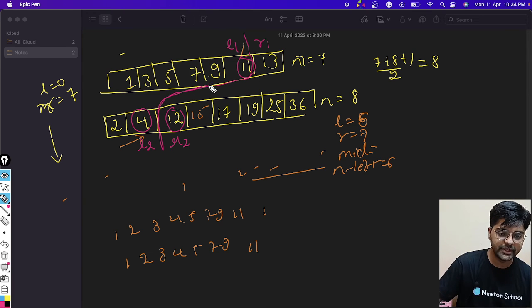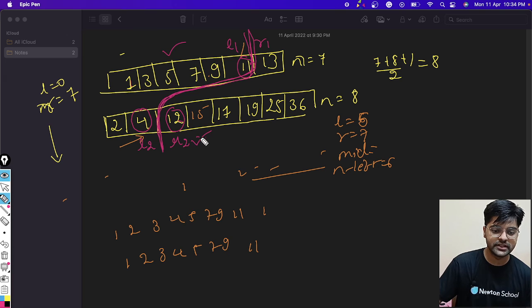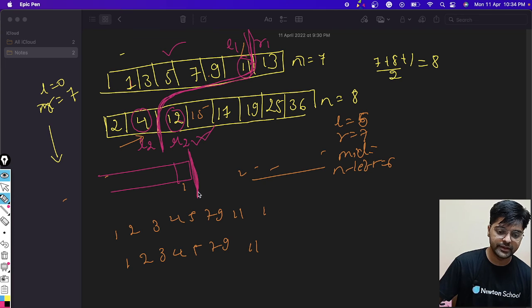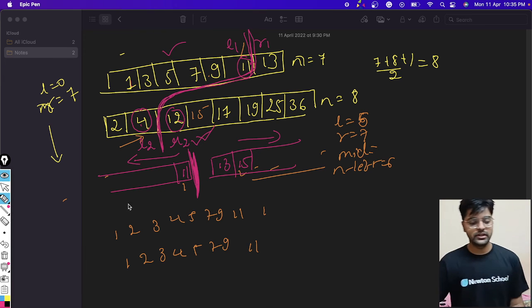From here we will get the median, right? So from this part and this part, we finally got that the rightmost element of the left boundary in the merged array will become the maximum of these two, 4 and 11, that is 11, right? And on this side the array will start from the minimum of these two, so it will be like 13 15. So I hope that I had explained the algorithm well.